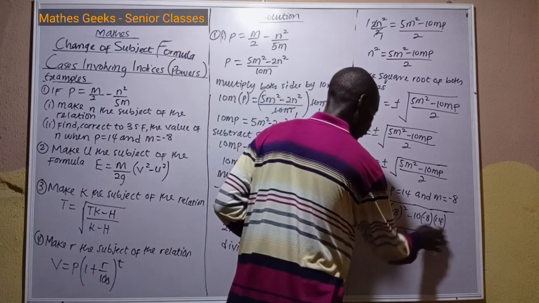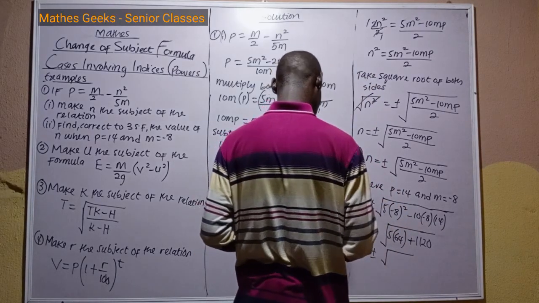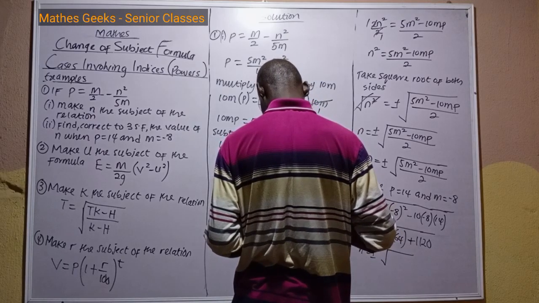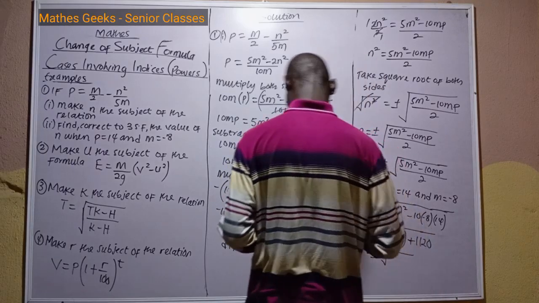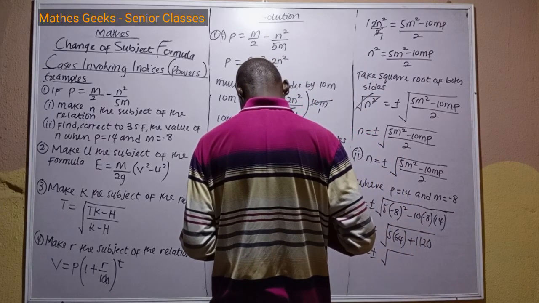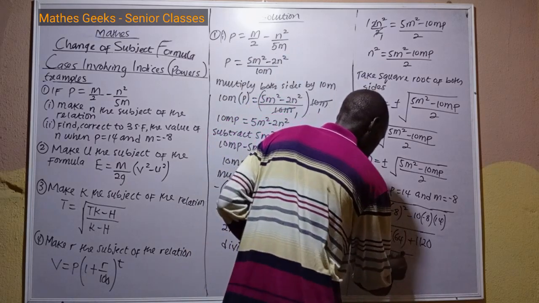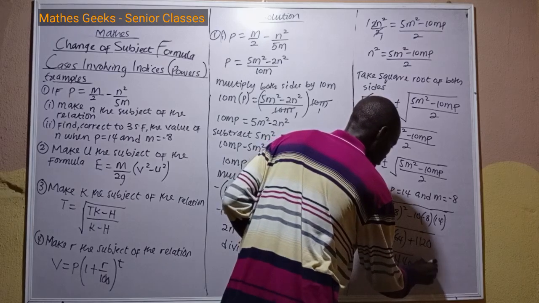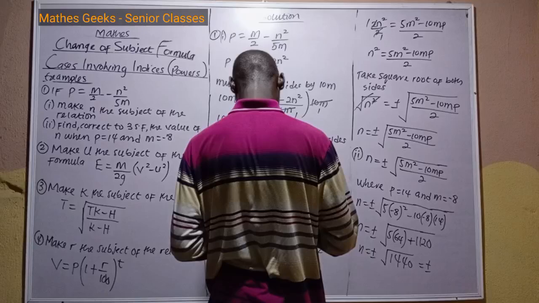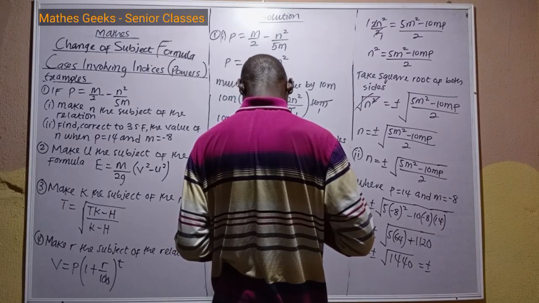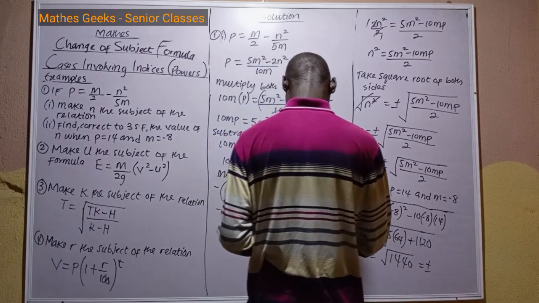So 5 times 64 is 320. So 320 plus 1120 is 1440. The square root of 1440 is